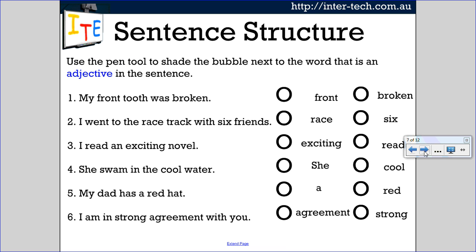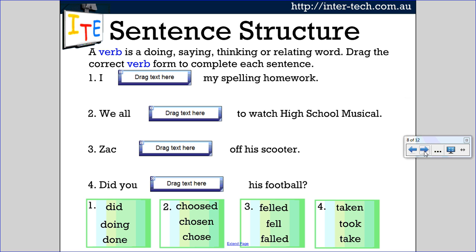Again, this is a shade the bubble activity. However, this one is looking at the adjective within the sentence. In this activity here, you're looking at sentence structure and we're looking at verbs. For example, my spelling homework. I